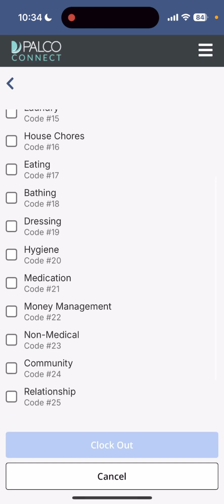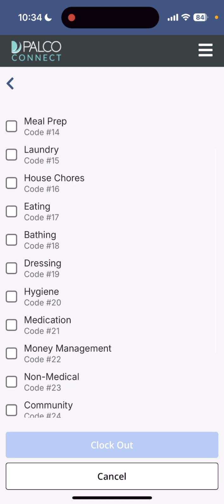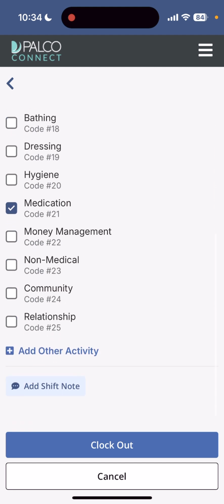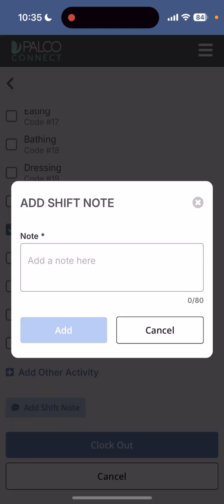If everything that you've provided is located on this list, just check those boxes by selecting them. So let's do some house chores, we'll do medication, and we'll do meal prep as well. If everything looks good there, scroll to the bottom. You may see the add shift note. So if you wanted to add a note about the services that you provided there, maybe there was an issue, or maybe there is just some notes that you need to keep for your employer, you'll go ahead and click add shift note there